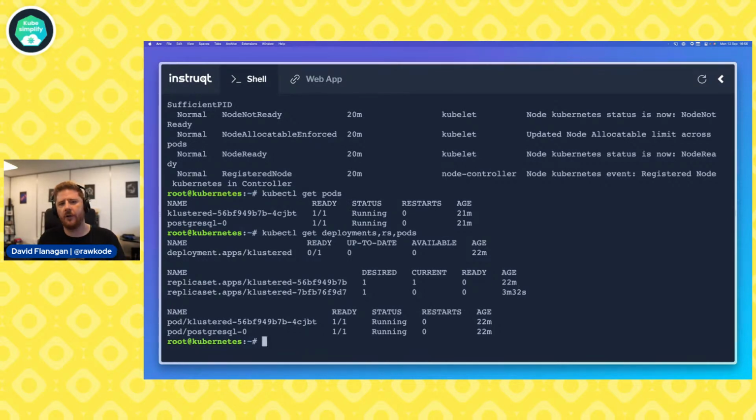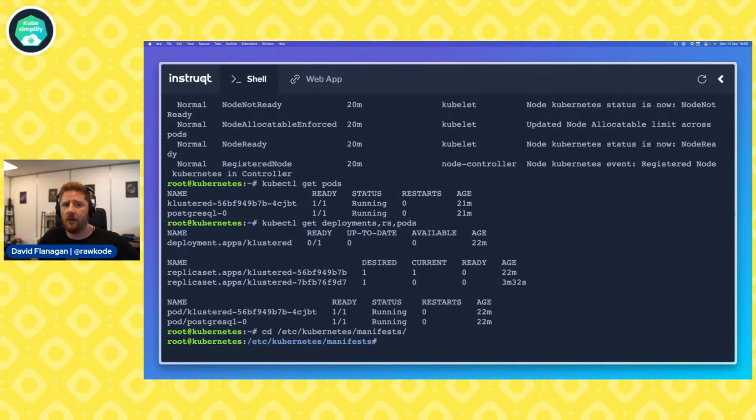So how are controllers configured in a Kubernetes cluster? Well, it's important to note that this is a kubeadm cluster, right? I keep saying that because there are a lot of conventions with kubeadm clusters that are really important to understand. And one of them is that the control plane runs as something called a mirror pod. Last time I said this in a country that wasn't Scotland, people didn't understand me.